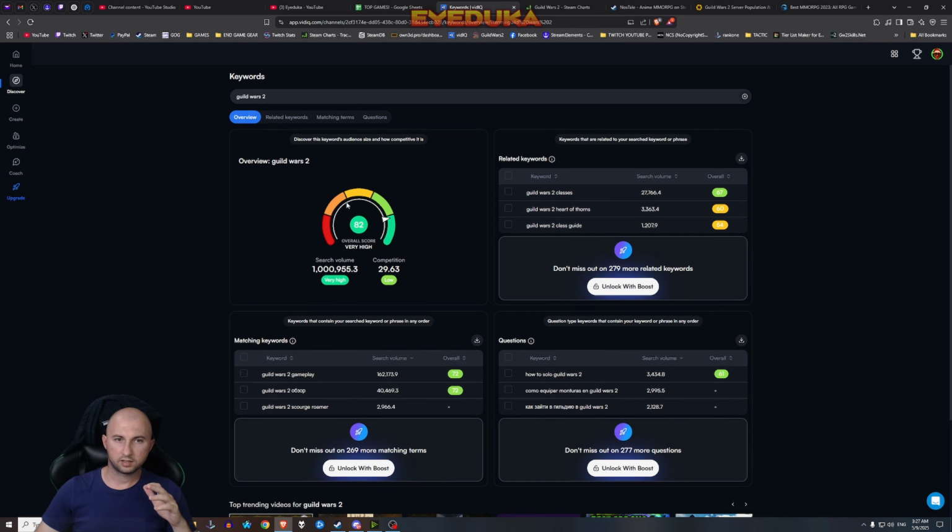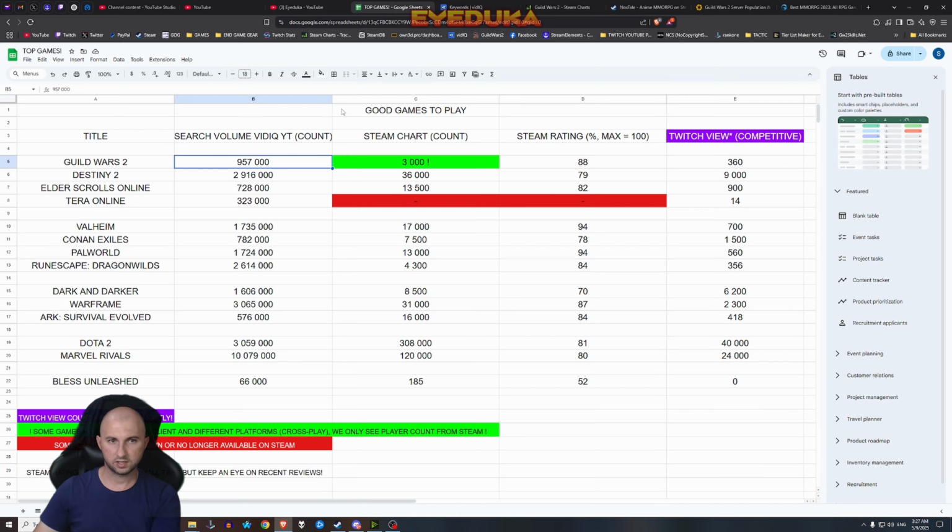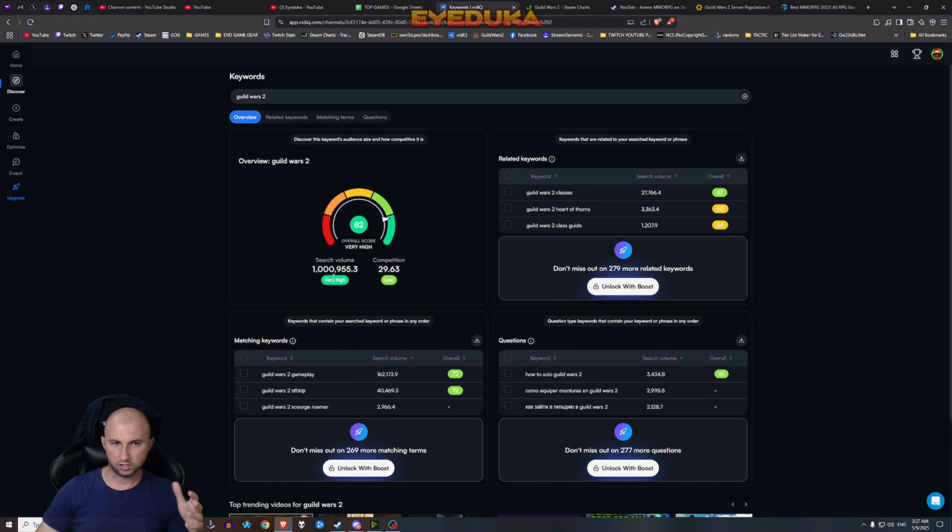What I'm really looking at right here, just for the purpose of determining how interesting the game is and how much people are looking for it, is right here. That's the search volume. So this is today. Obviously, these numbers are from a couple of days ago. This is changing all the time.